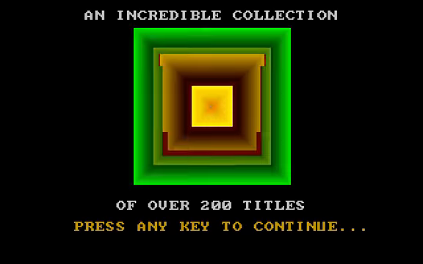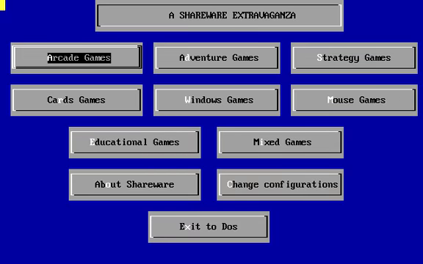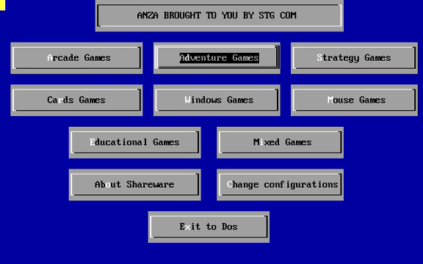Wow, look at those 256 color VGA graphics. This is technology at its finest. And then that just brings us in here. A shareware extravaganza brought to you by... Okay. So as you can see, we have arcade games, adventure games, strategy,